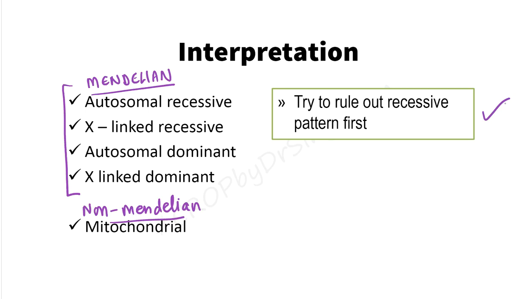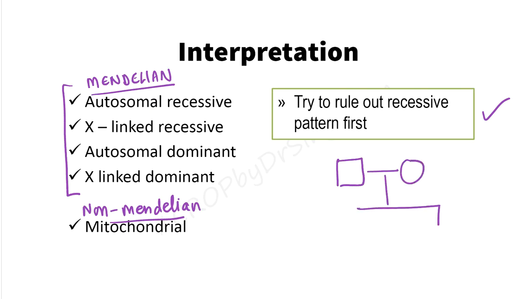What is the meaning of recessive? Recessive means two alleles, two abnormal alleles, should be present for a disease to be manifest. If only one abnormal allele is present, then the disease will not be present, but it can be transferred to the next generation, or what we call the carrier. So what I am trying to tell you is, just have a look at this.